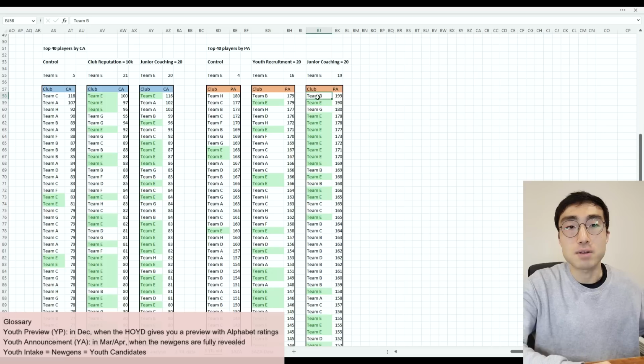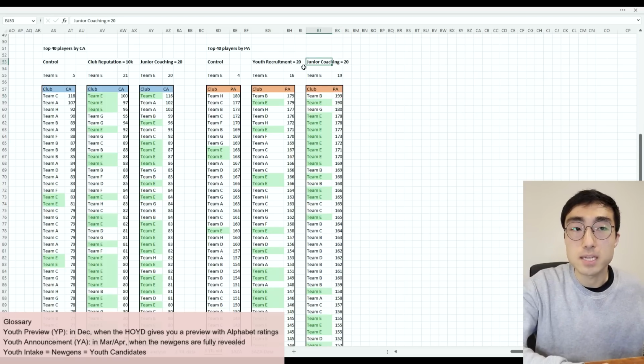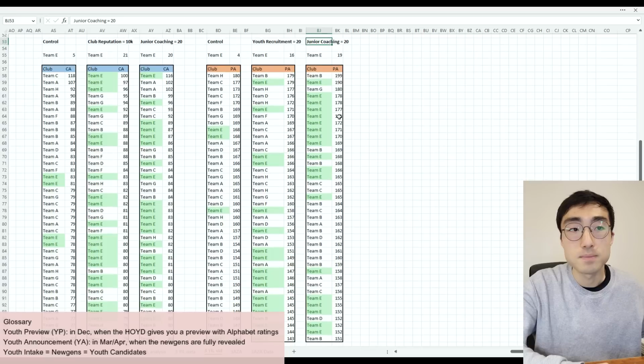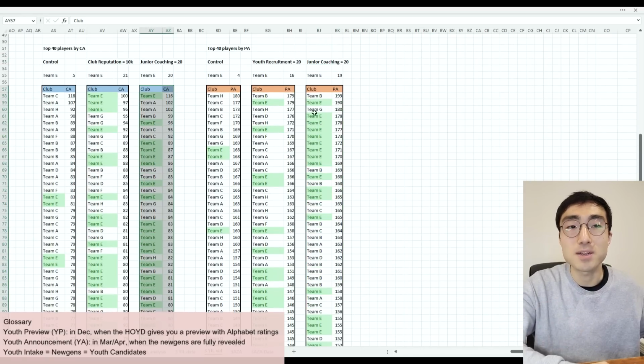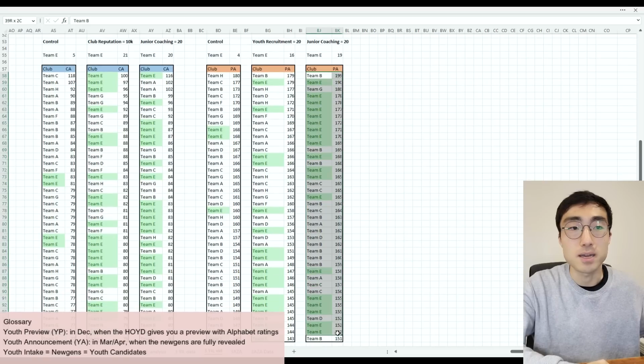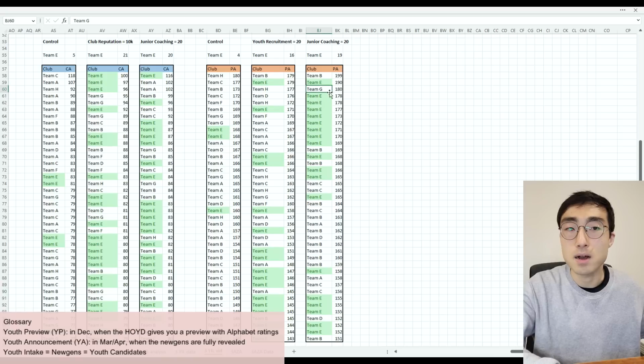For example, if you take a look at the raw data again for junior coaching, when junior coaching was set as 20 out of 20 for Team E, a lot of top Wonder Kids did go to Team E, sure, but there were still some fish that escaped the net. This Wonder Kid, for example, he had the highest PA rating out of the entire sample pool, but he was recruited by Team B. And this kid here, with the third highest PA rating in the sample pool, went to